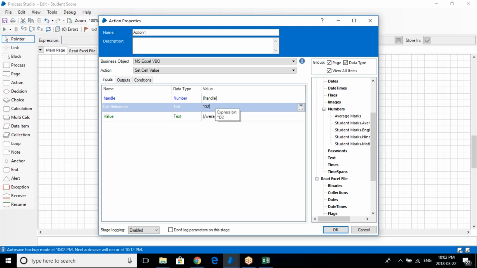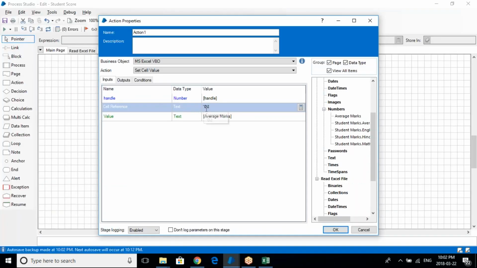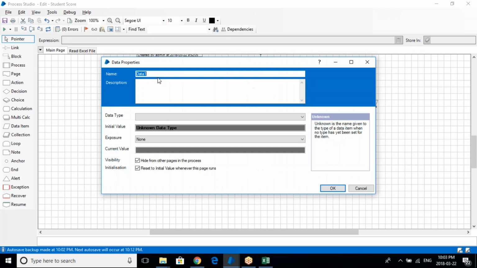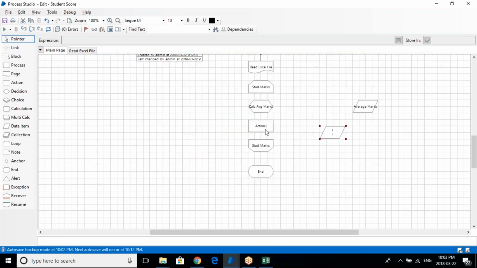Now, you cannot write just D2 because you have to store the value in D2, D3 and D4, right? So how you can do this is you can take D as a static, okay? And then what you can do, just click OK here, create a data item, a numeric data item, let's say I, and give the value 1. For now, just give the value 1. I will tell you how you can